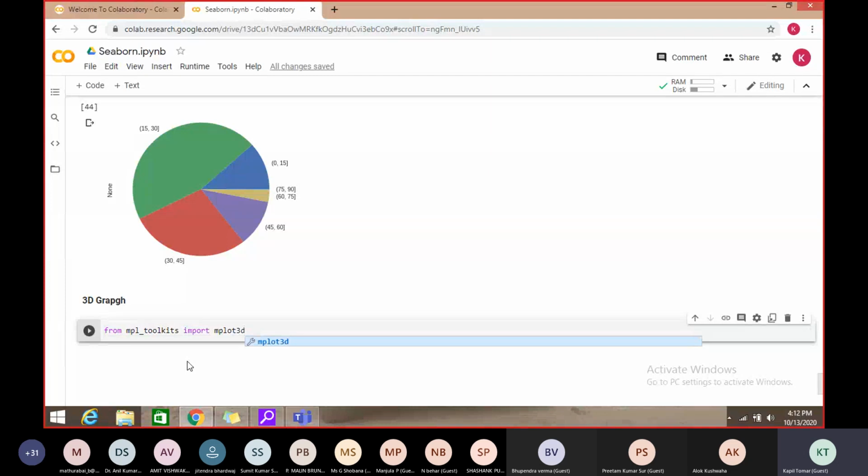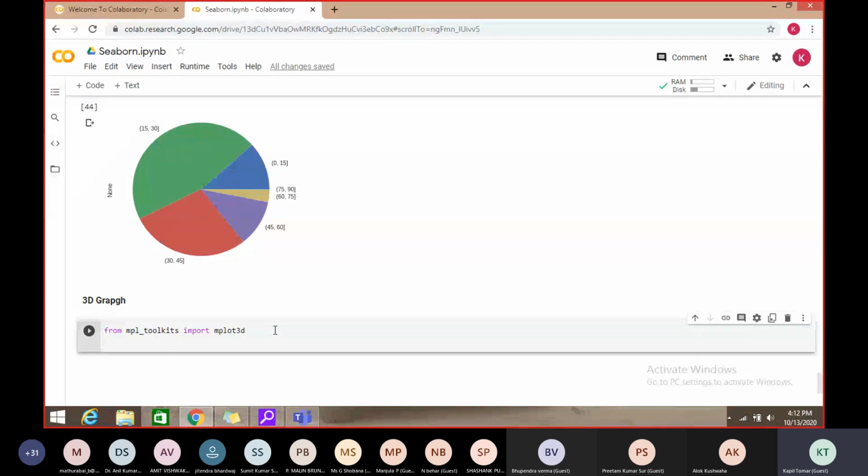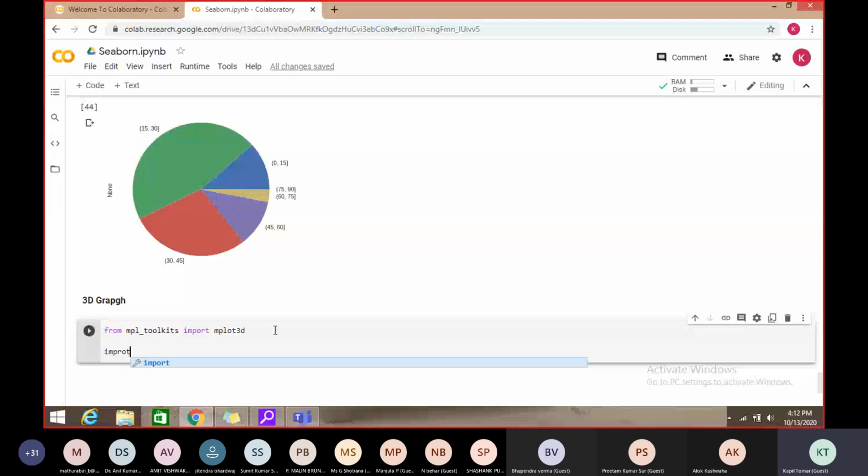This is the advantage of Google Colab, that all the libraries are already inbuilt. So just execute it. We'll check. Okay, this is available. Then we can import NumPy, and this we have already imported. Just for understanding purposes, we can check the import.